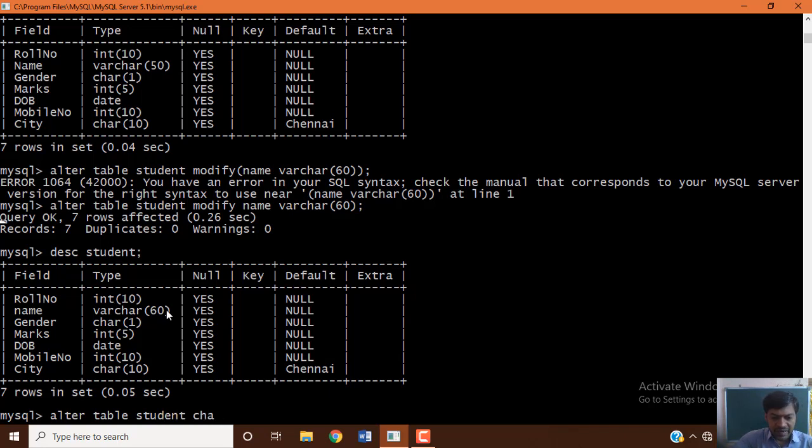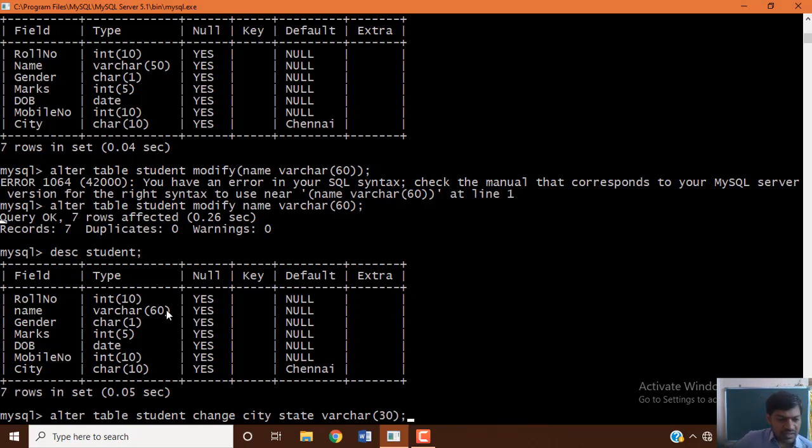If you want to rename your field or column or attribute, then you need to use the command change within the alter table command, with the existing field name followed by the new field name, and its size. Earlier it was city char 10. Now city becomes state, and with data type also you can make use such that state I'll be representing 30 characters.